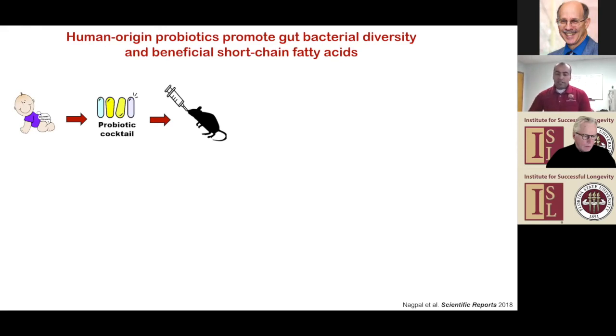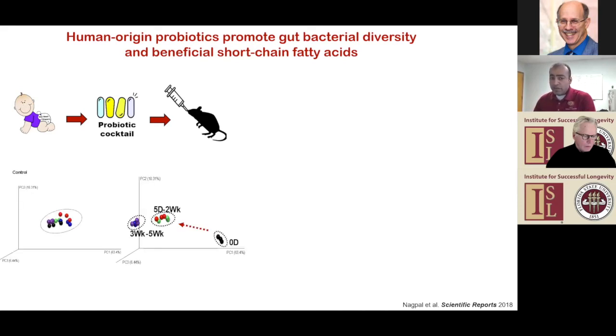But so we isolated around 300 to 350 strains of bacteria, and based on a battery of tests, we finally found 5 strains of probiotics which showed tremendous effect using in vitro models to be considered probiotic. What we did was we put that microbiotic cocktail back into a mouse gut and we scanned the microbiome. And what we found that in control mice, there was no shift in the microbiome.